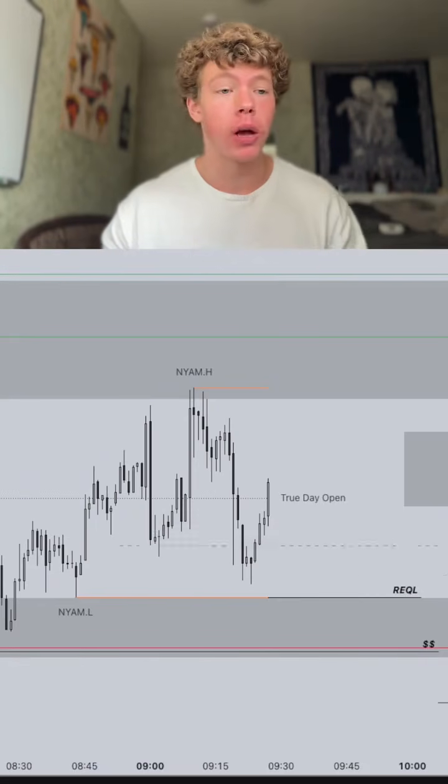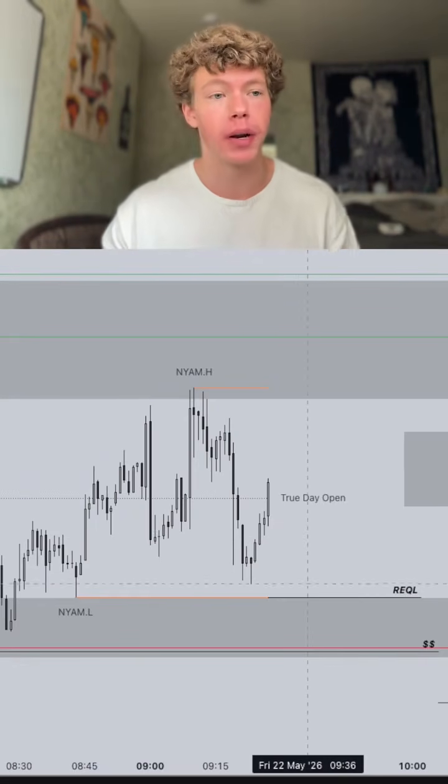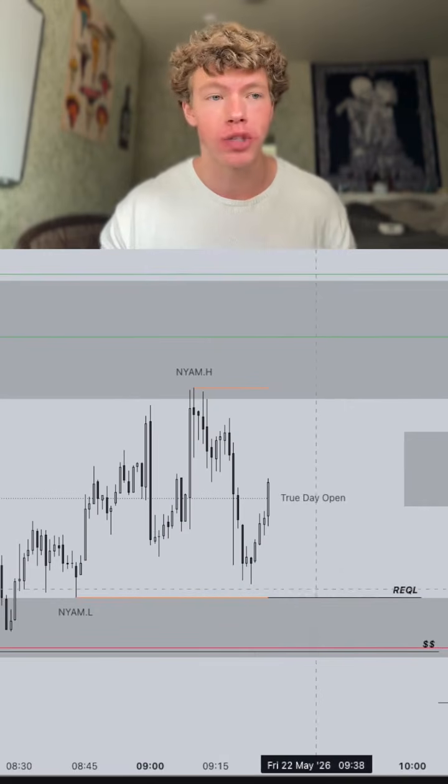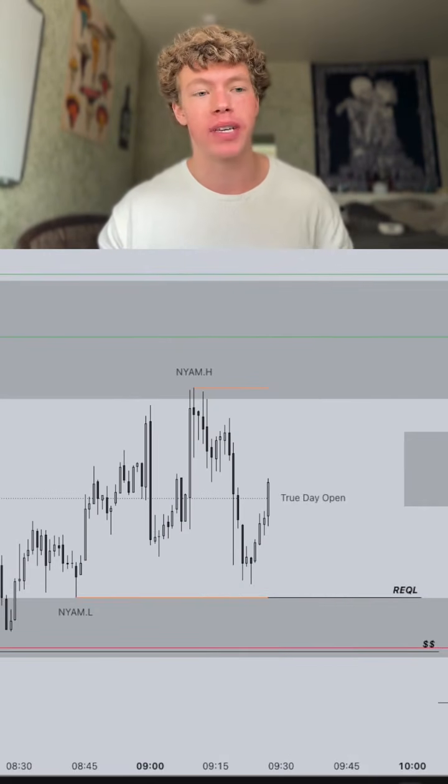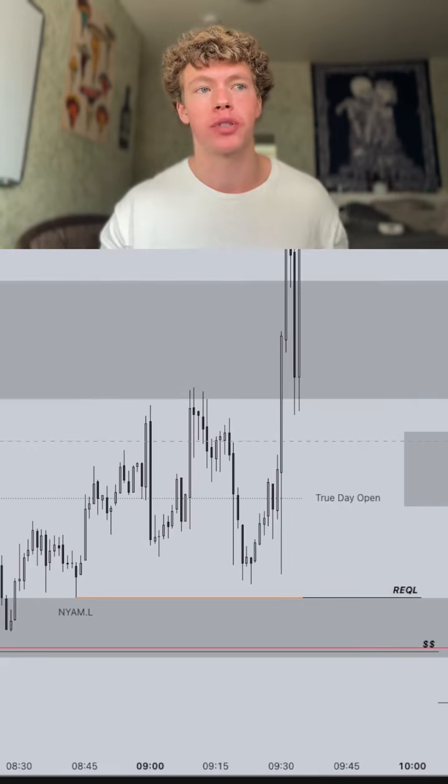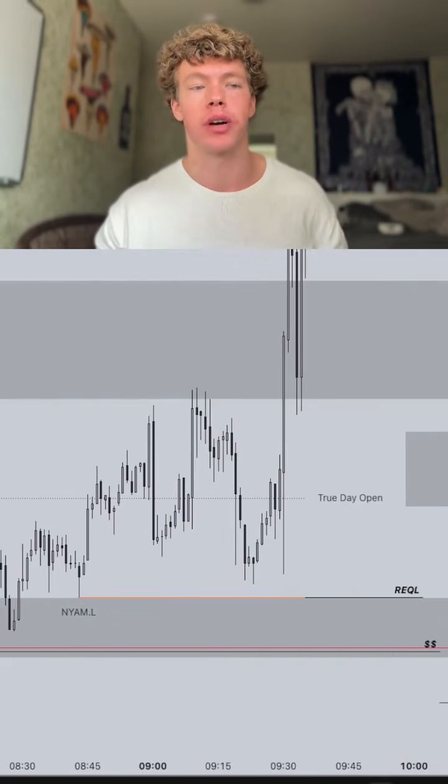With that being said, all I was looking for at market open was a Judas lower into this 30-minute gap, sweeping these relative equal lows to look for a continuation long. As you can see, at market open, we do the opposite, where we end up sweeping this intermediate term high, and then we start displacing lower.